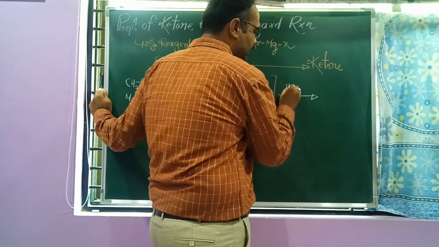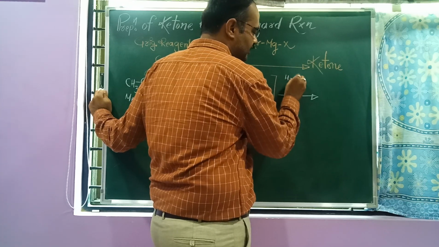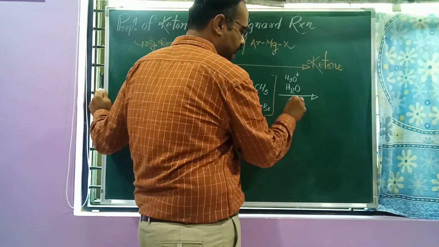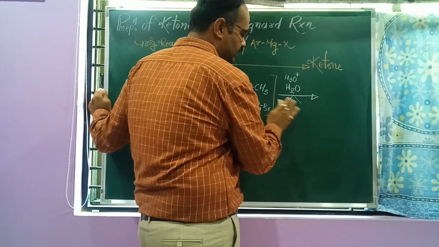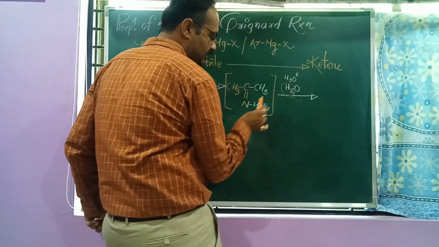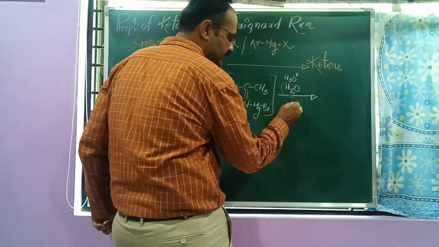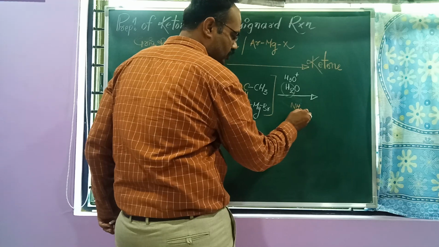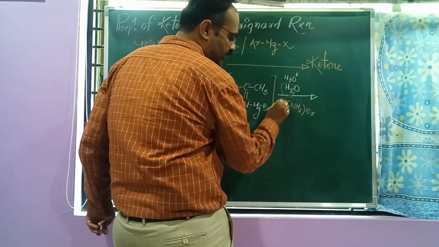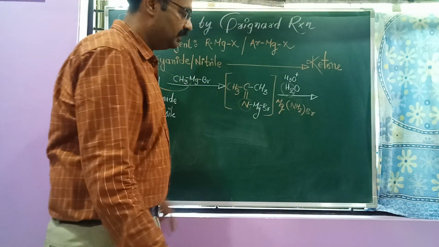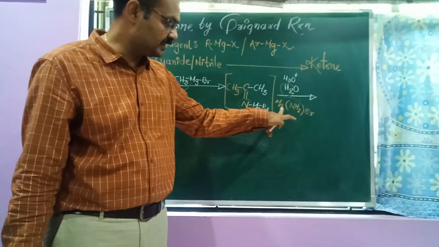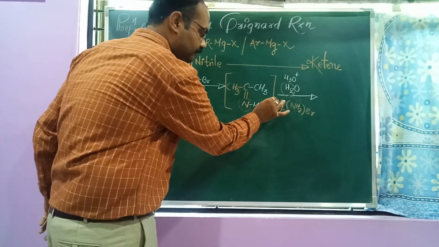Next step will be hydrolysis. We can write H3O plus or H2O, H plus. This is hydrolysis step. Very simple process. Here, this hydrogen will attach with nitrogen. So it is NH2. This is bromine. So magnesium containing two groups, one is NH2, another is Br. NH2 minus, Br minus. Means MgNH2Br is our byproduct.